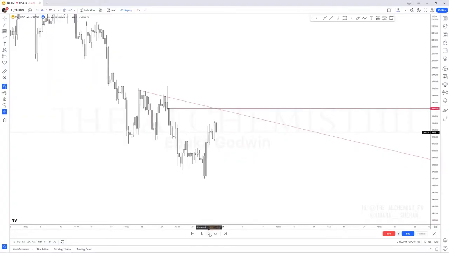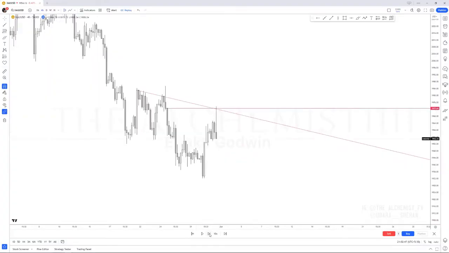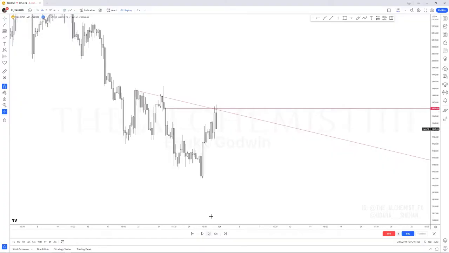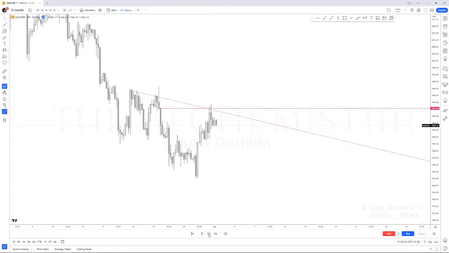I'm not going to give you the idea. It is easy, it will take some time, but then again, there we go. See that? And now look at this. It was once used as a resistance. That is why it pushed price down. But